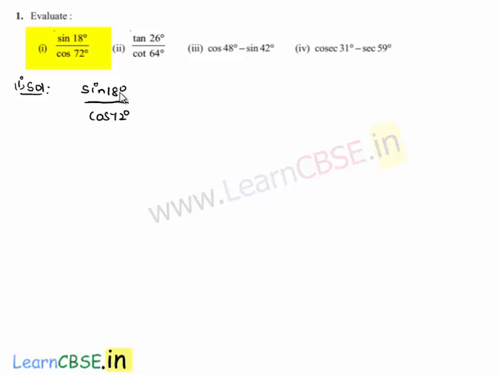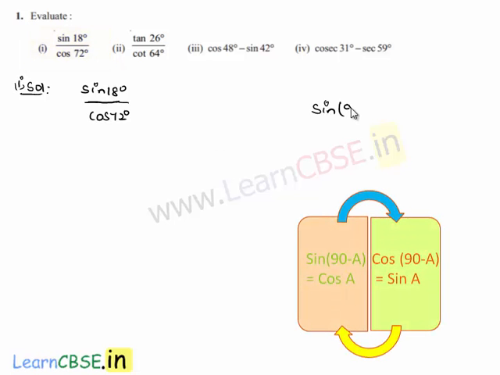Let us express both numerator and denominator in the same trigonometric ratio. We have sin of 90 minus A is equal to cos A, and cos of 90 minus A is equal to sin A. By using these two identities, let us convert both numerator and denominator into single trigonometric ratio, either